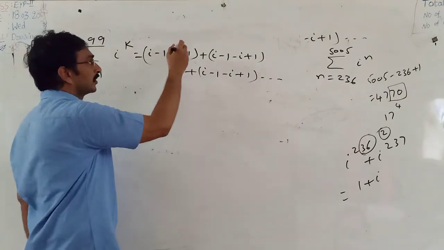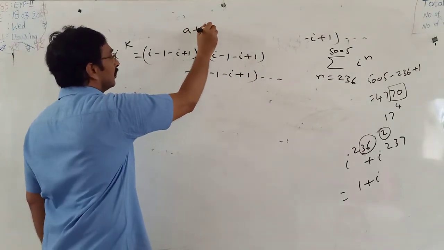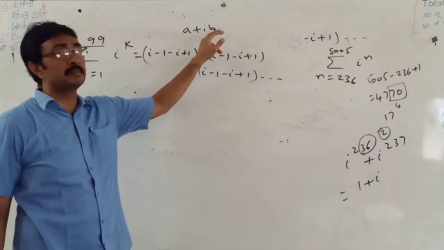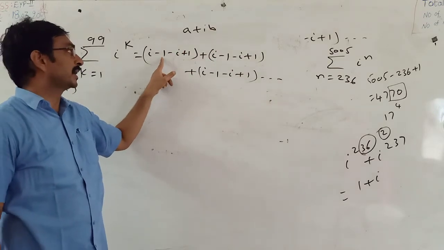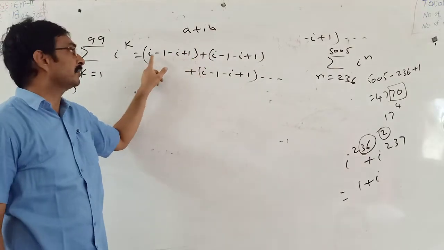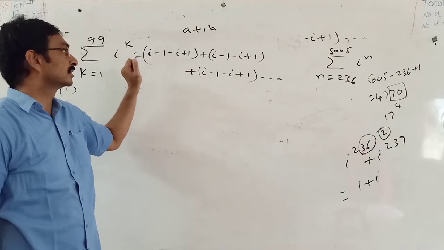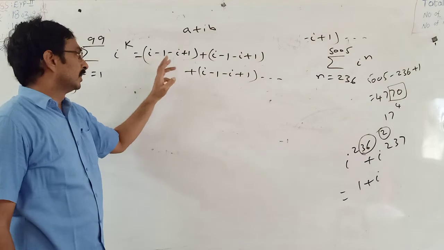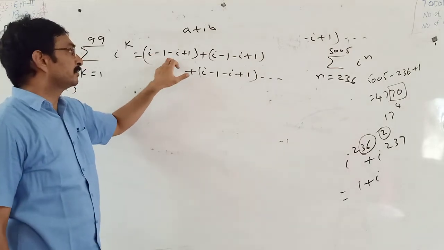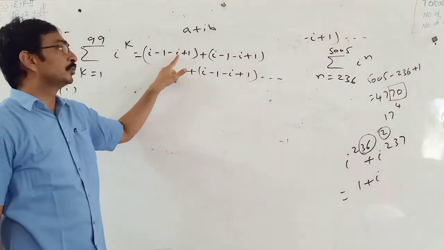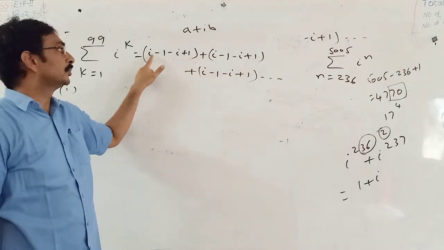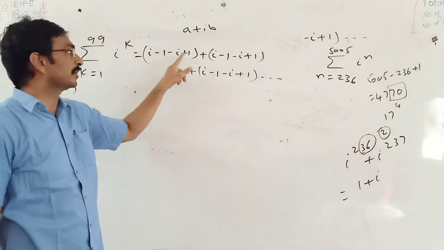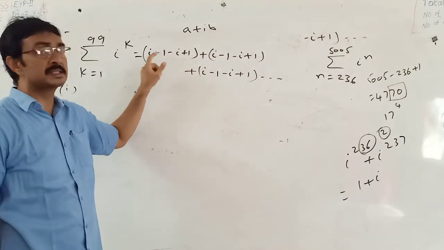See the meaning of real and imaginary. Form of the complex number is a plus ib. A is called real part, b is called imaginary part. In this one, minus 1 plus 1 are real numbers, I minus I are imaginary numbers. So that is the meaning of real number and imaginary number. In each bracket there are 2 real numbers, 2 imaginary numbers. Of them 2 real numbers, one is positive, one is negative.